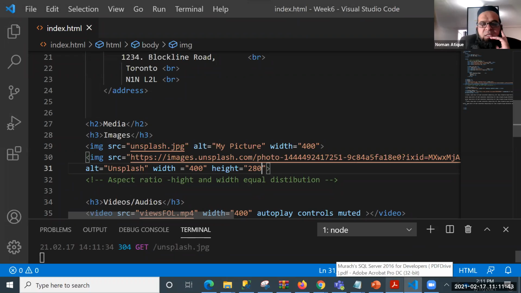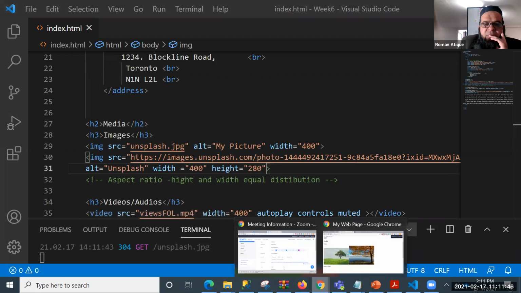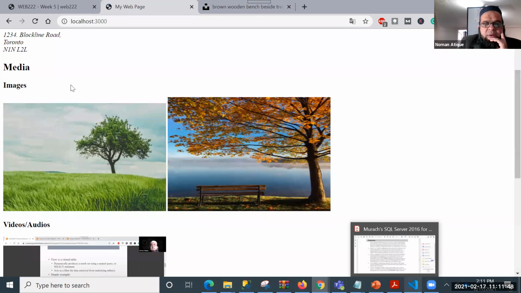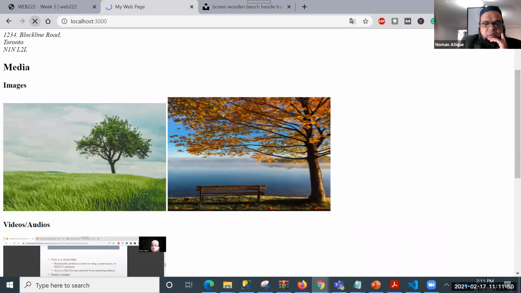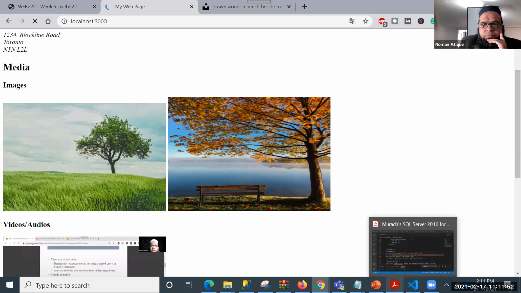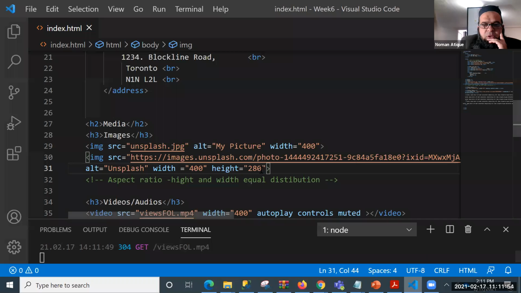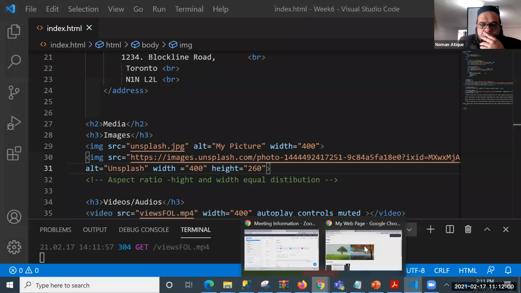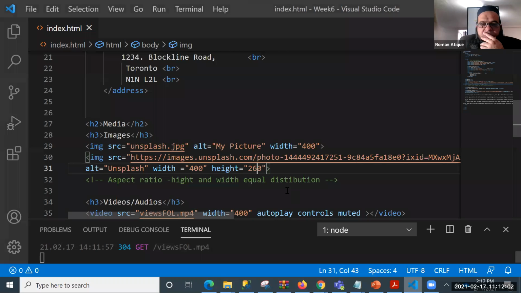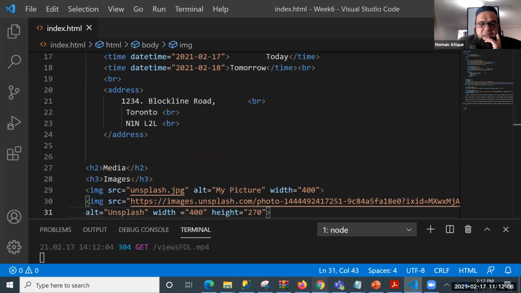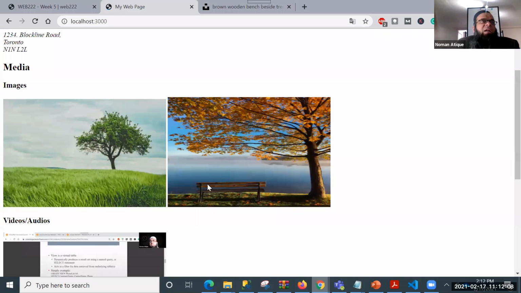Oh, very near, but we are still not up to the mark. So 260 should work, hopefully. Okay, oh, it's gone somewhere else. 270. All right. We are not going for perfect.